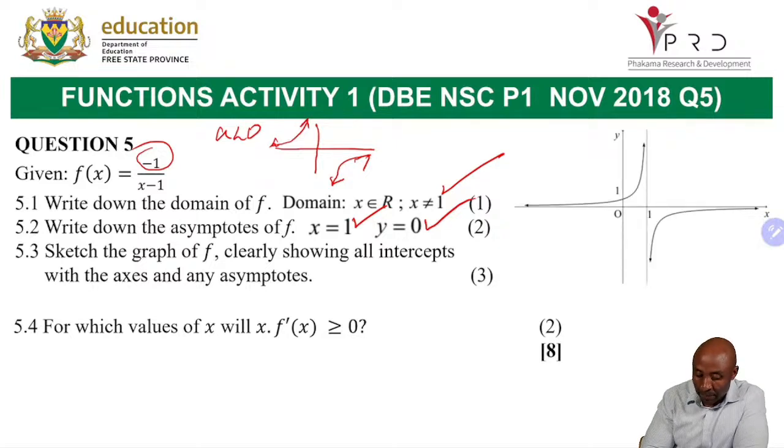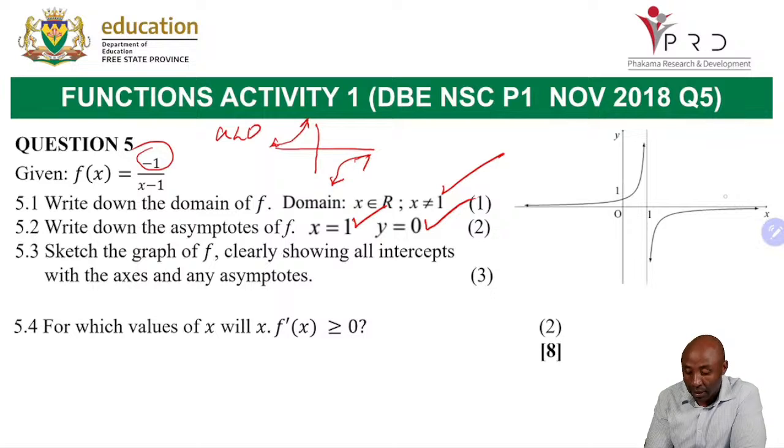Our y-intercept, f of 0, where there's x, you put 0, so it becomes positive 1. So 0 and 1 is our y-intercept, so we'll get that. We'll not have an x-intercept because we are having 0 is equal to 1, which is undefined, so there is no x-intercept because our x-axis is an asymptote, so our graph will not